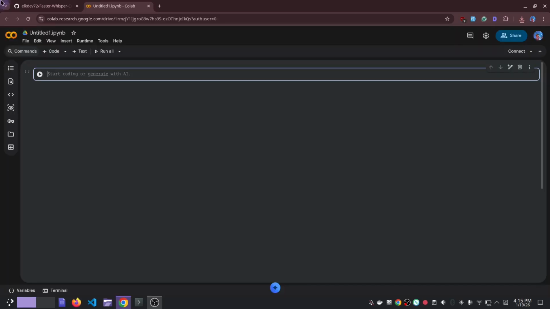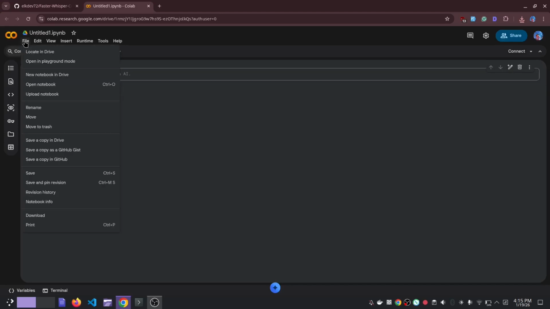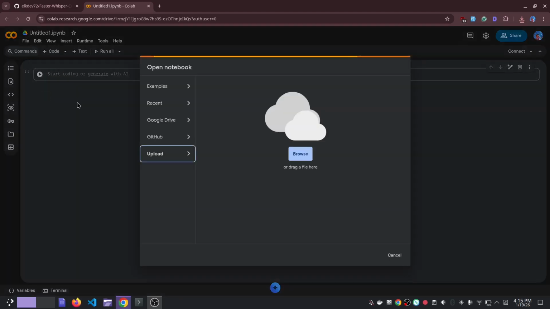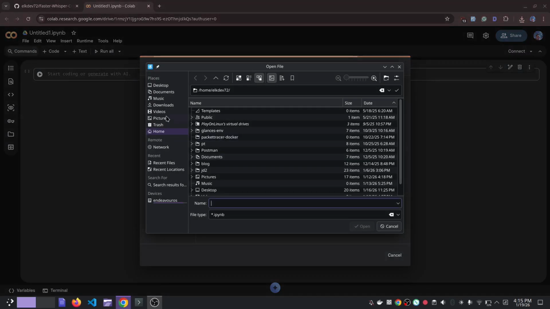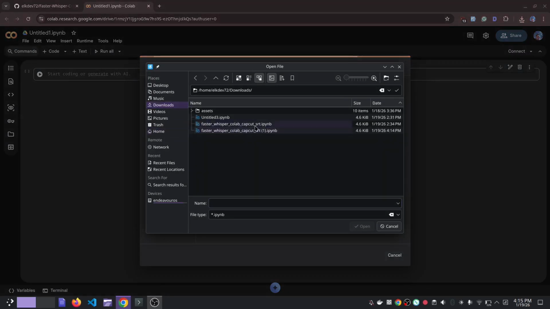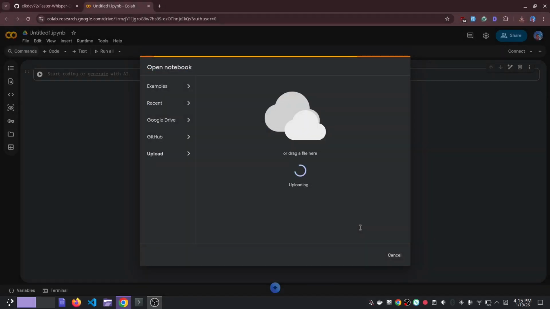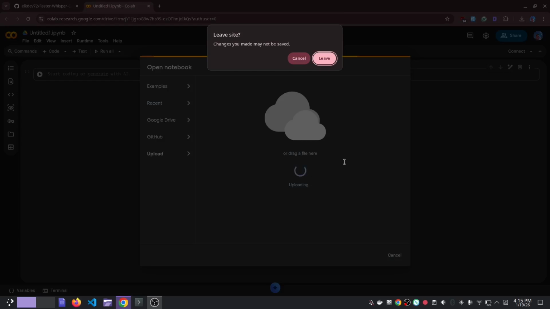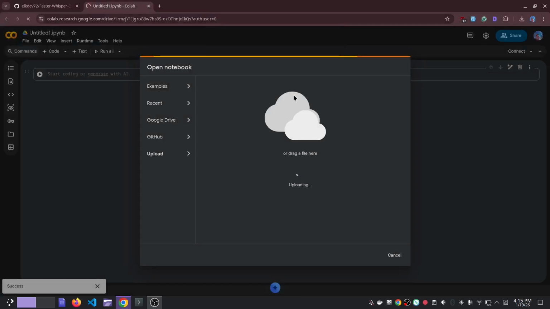So once you have opened your notebook, we need to upload the file that you just downloaded. Come to file, upload notebook. So you can choose browse, then I'll go to downloads, then this file that I've just downloaded, open. So that will pop up and open the new notebook.